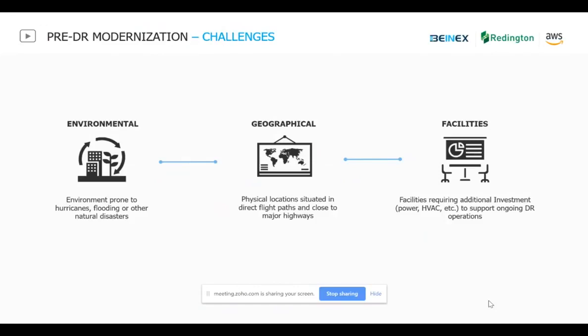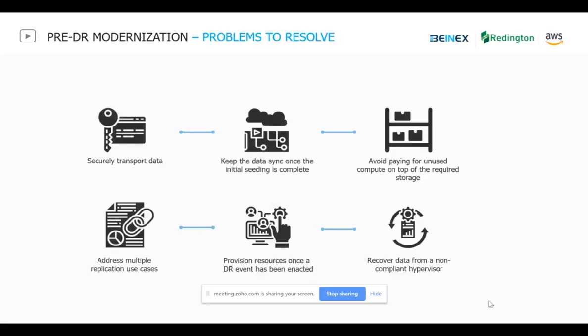And about the facilities, which I think everyone will agree to, you have to invest a lot of money, or maybe budget needs to be set aside for setting up the data center, exclusively the power, HVAC, cooling, and the people cost. Because just implementing a DR will not be sufficient. You need to have support people readily available at the data center to be supporting your DR infra as well. And these are some of the common major problems that you will be considering to resolve.